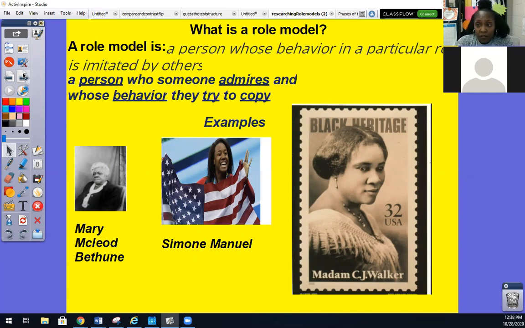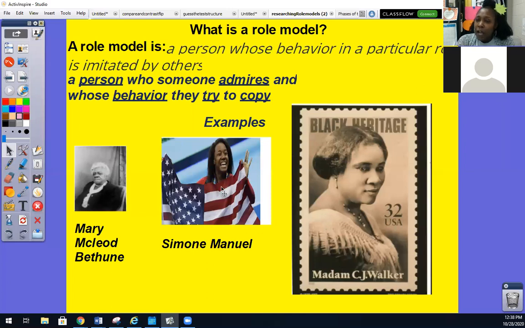those behaviors. So remember, I was telling you, my role models are particular to the things that I do in life. Well, here we are. This is Mary McLeod Bethune. Well, she was in education. And although I went to education a little later in life, she was my inspiration for it. So she's an educator and she inspired me to be an educator. I wanted to imitate some of her behaviors in being in education.